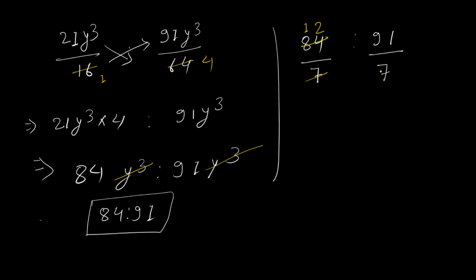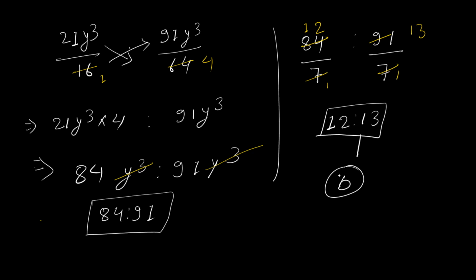7 1 ja 7 and 7 2 ja 24. Okay, here 7 1 ja 1, here also 7 1 ja 1, 8 9 2, so it will become 21, and 7 3 ja 21. It means the resultant simplified ratio you have is 12 is to 13, beta, 12 is to 13. Now see, is there any option? Yes, option B is the answer.